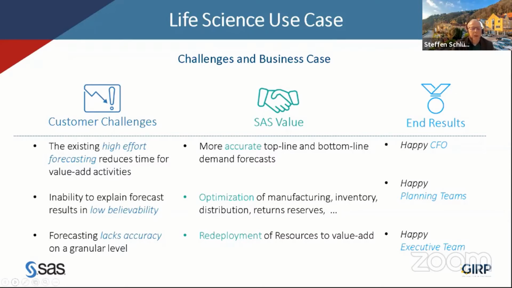Because we have the ability to use automation inside our solutions, it also helps the planners spend more time where they add value, and not only time explaining what the forecast is. In manufacturing, using optimized resources also helps to get better results. So at the end, at the moment, we have a happy CFO. We have happy planning teams because they can spend more time on the areas where they add value, as well as the execution team, because we get better numbers and information they can use in the manufacturing process.